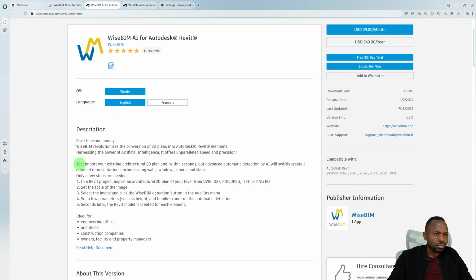But okay, they've got a description here. Just import your existing architectural 2D plan, and within seconds, as we just saw. In a Revit project, import an architectural 2D plan from DWG, PDF, JPEG. Okay, right. So it does accept JPEG, PNG, and TIFF files. It does accept images. Well, let's go ahead and do